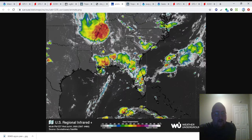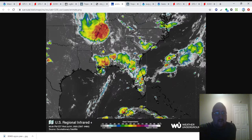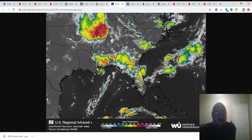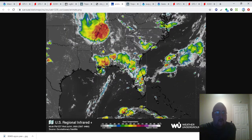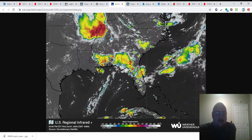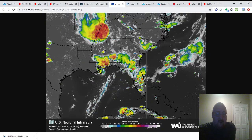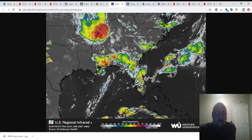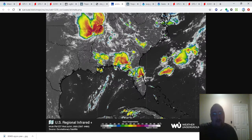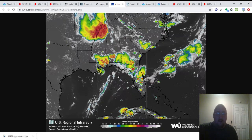And speaking of our southeast system, I wanted to have this radar up just so you can see how robust this system is. Currently it's in Missouri, Tennessee, Kentucky, Illinois, and Arkansas, but this is going to head to the south, or maybe the southeast like that. What basin it ultimately decides to go in will be the determining factor for how strong this is going to get. This is my personal opinion, but I do believe if it gets out here in the 90-degree water,